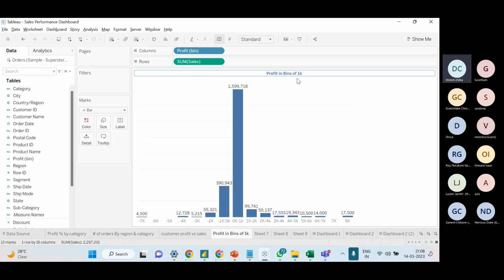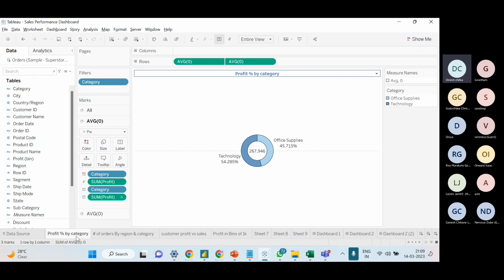You should go for the deeper analysis, right? If you see here, I get to know that there are 0k to 1k, right? That was the highest profit. It means there was a high level of transactions. Again, when I go here, profit percentage. Again, if I go here,